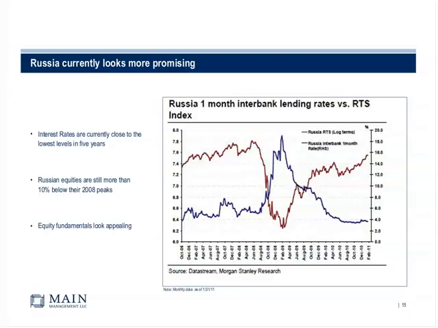Remember, Russia is the 2nd biggest exporter of oil behind Saudi Arabia. They export about 7 million barrels a day. So at the current prices, that's about $700 million of cash that they have coming in on a daily basis. So this is a big weapon for them to have.